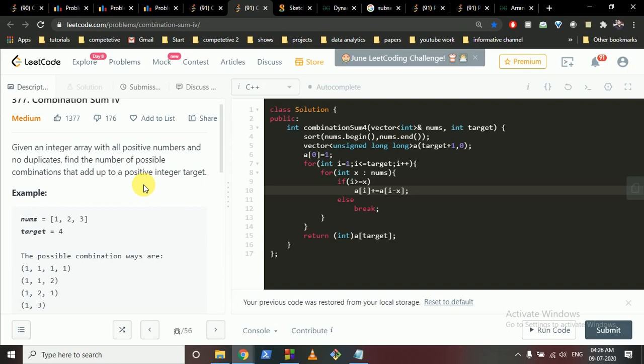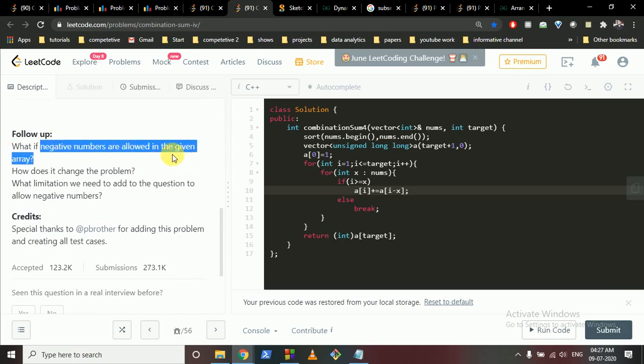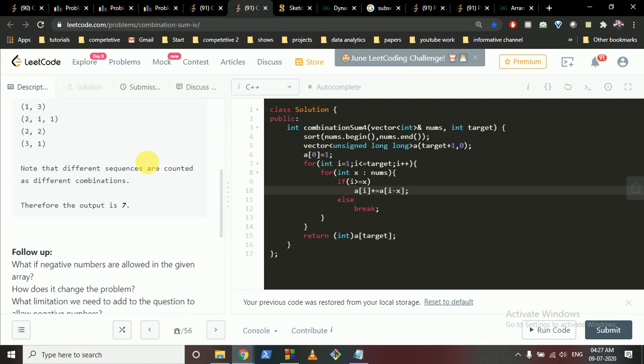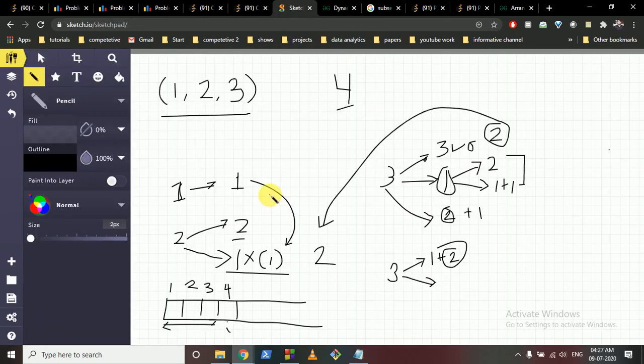Okay, also there can be a question: what if negative elements are allowed in the given array? First of all, if there is a negative element in the given array, there will be some problem. I'll tell you why. Let's assume there is a negative number -2, and we can use any number any number of times, and there's a number 2, so the vector has -2 and 2, and we want to find a total sum of 0.